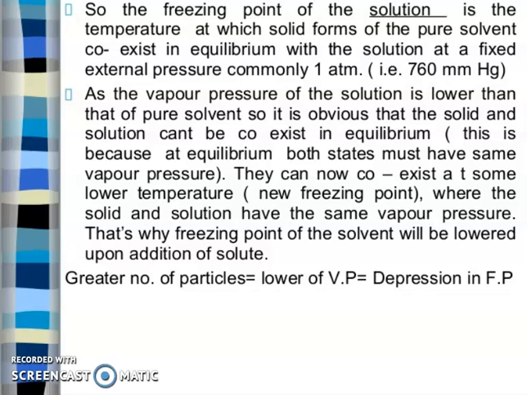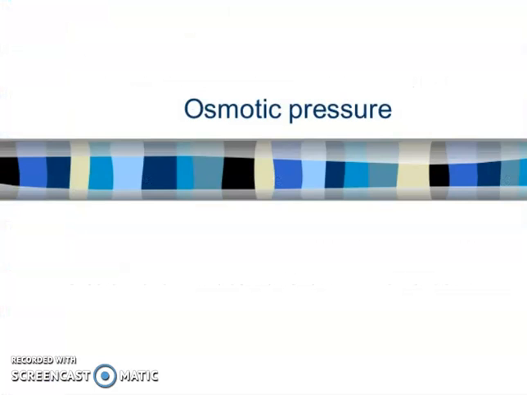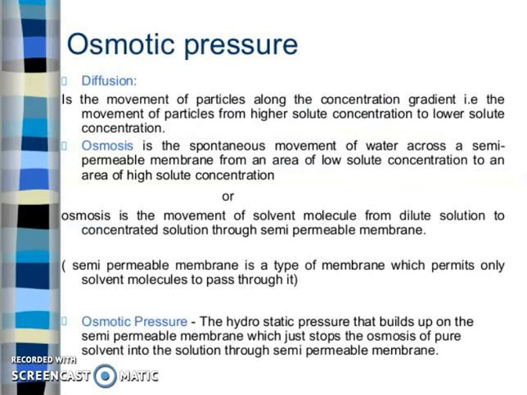My friend, the greater the number of particles, the lower the vapor pressure and the greater the depression in freezing point. Now, friend, osmotic pressure. First, what is diffusion? It is the movement of particles along the concentration gradient, that is, the movement of particles from higher solute concentration to lower